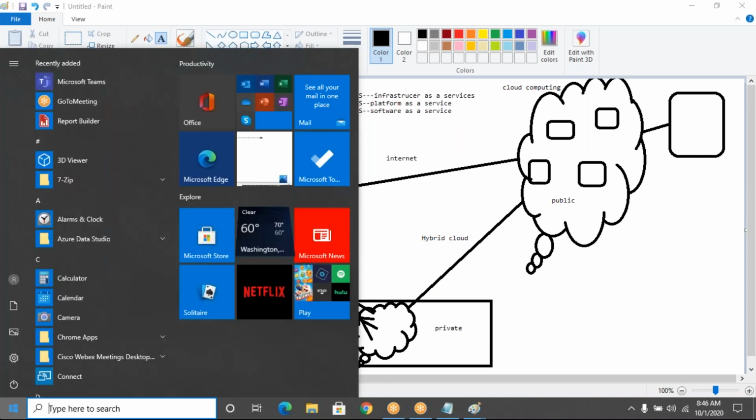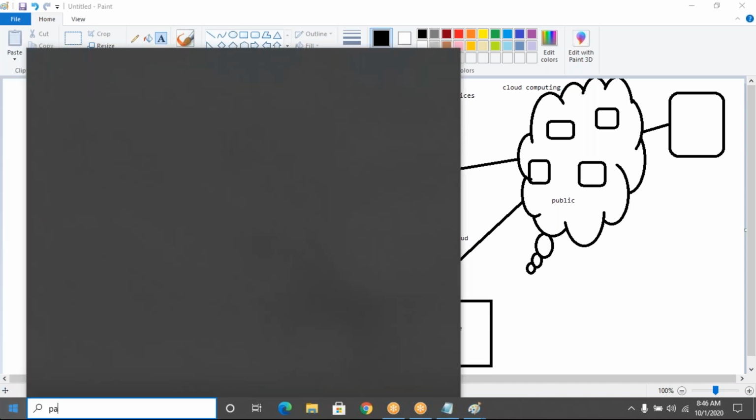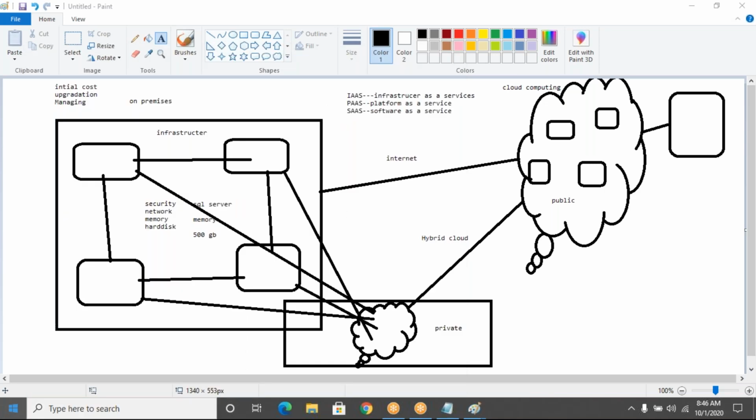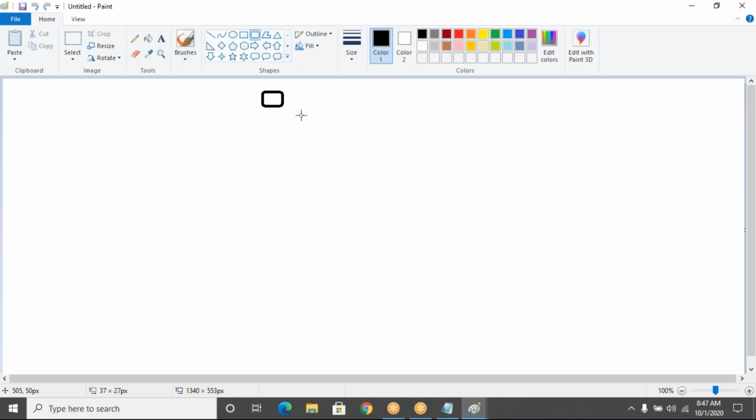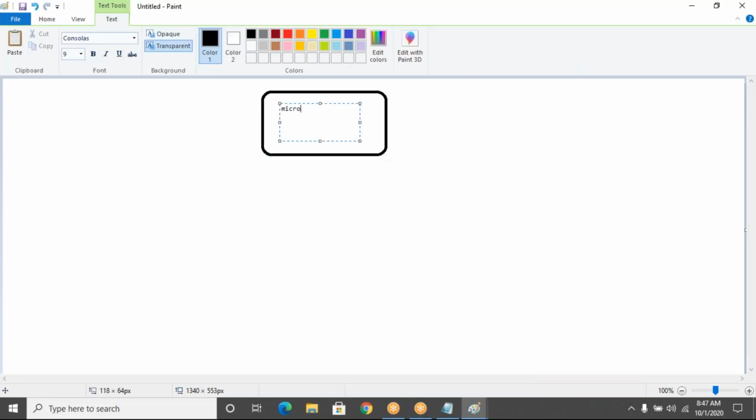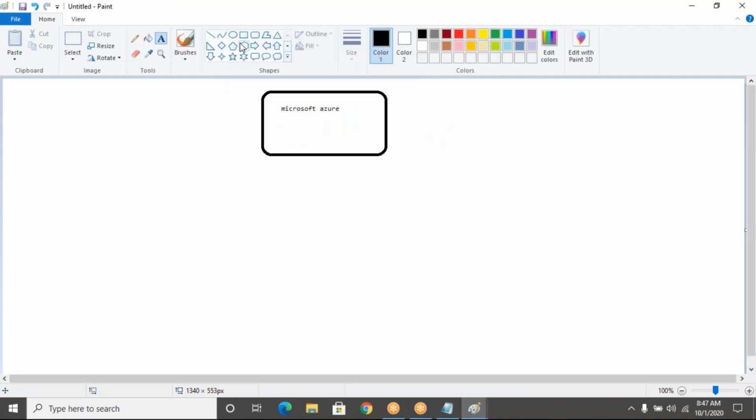what are all the things we need to learn? I told you there are 200 plus services available inside Microsoft Azure. But out of 200 services, are we going to learn all 200 services? Please keep in mind, are we going to use 200 plus services? Definitely no. It is difficult to learn 200 plus services. Then what do we want to learn? We are categorizing some services related to